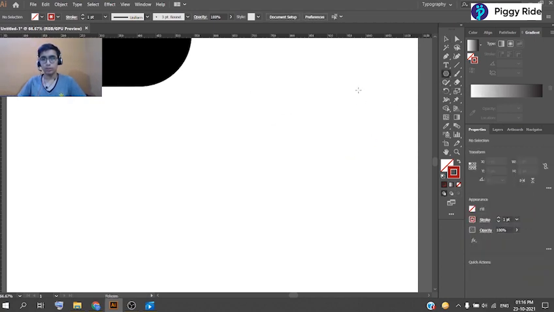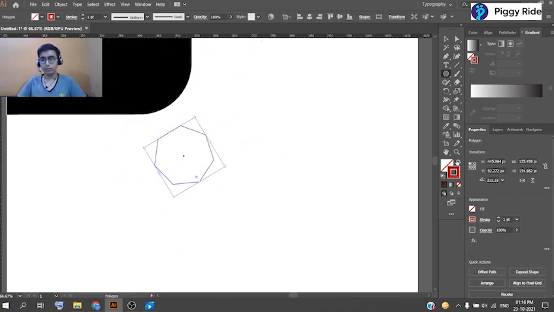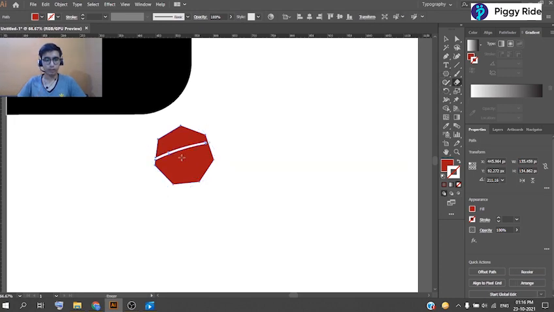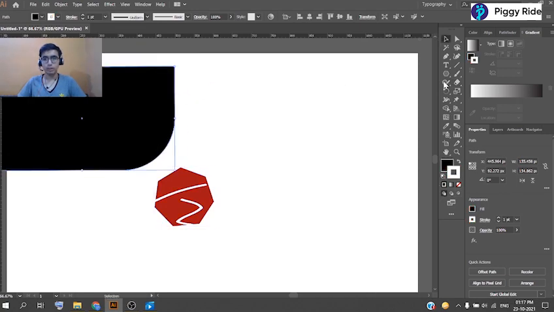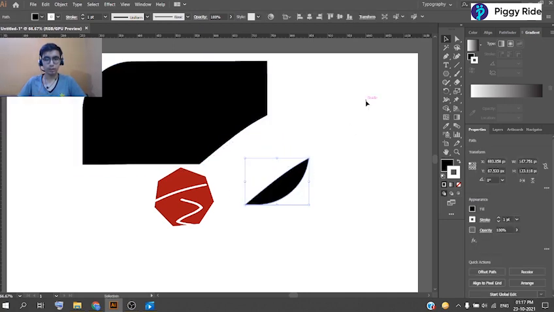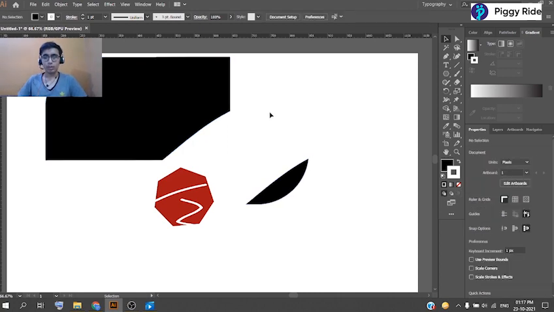With that, the next tool here is the eraser tool. If I have made something over here, we can easily erase things from here. I have to select this first, and then use the eraser tool over here. So you can see that it has erased the portion that I erased.